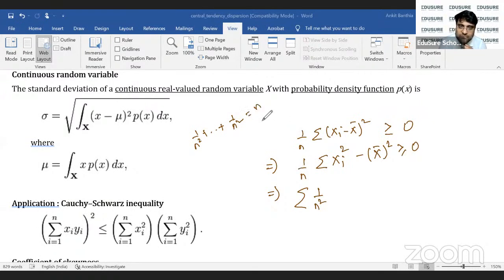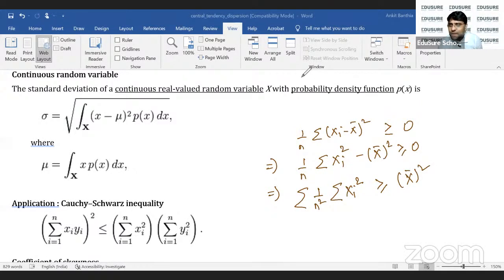क्योंकि this will become n by n square which is equal to 1 by n. Correct? तो if I can write this part as summation 1 by n square, this is summation xi square greater than equal to x bar square. अभी x bar क्या है? x bar is my arithmetic mean. तो arithmetic mean को कैसे लिखा जा सकता है? arithmetic mean को ऐसे लिखा जाएगा